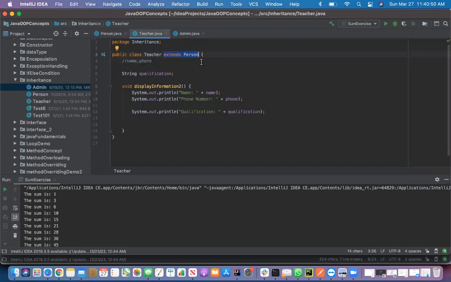Now, in addition, you just added another variable here, qualification. So this qualification variable wasn't part of person. So you have a new variable right here. So now you are writing a different method, display information. You see that? So in the future,